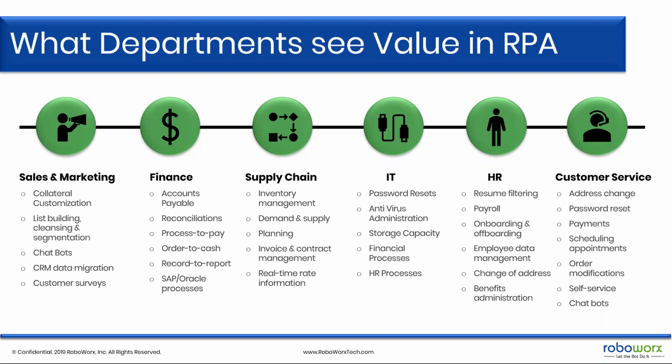So I'll just start with sales and marketing, for example. I personally have a marketing background, so take list building, for example, or cleansing, right? Marketing people work with databases with 10, 20, 50,000 names on them. And then they need to do targeted marketing campaigns. But how do you segment the database, right? So the robot can help you take a marketing list, for example, and make the fields consistent so that you can identify different industries and different personas.